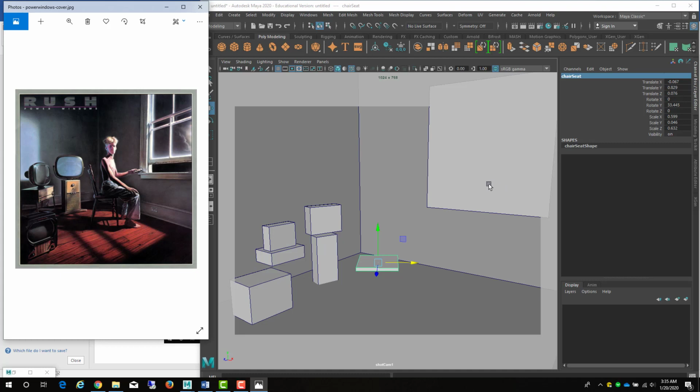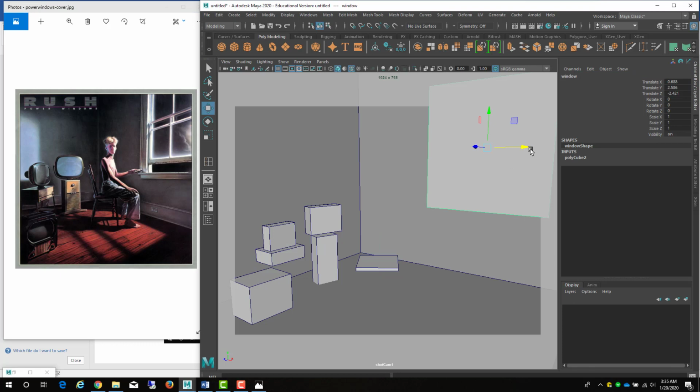All right, so I've got things the way that I want them. It may not be totally perfect, but here's my scene. This is where I'm going to be doing my work, and this is me blocking things in. Now I can put the details into this chair and all that, but I'll get to that a little bit later. I could just throw in a little bit of stuff